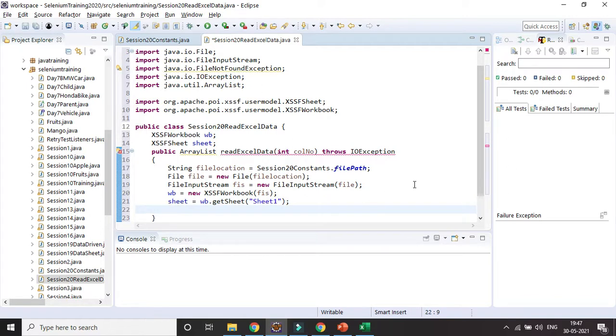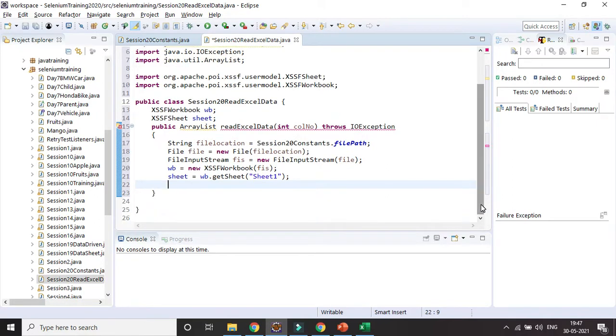Then I will be using an iterator, because I want to iterate all the values. Here I need to use the iterator, there is no other option. So I'll be using Iterator, java dot util dot Iterator.